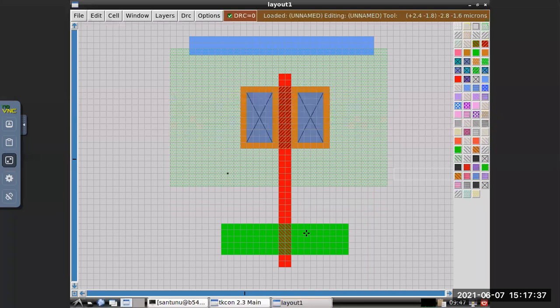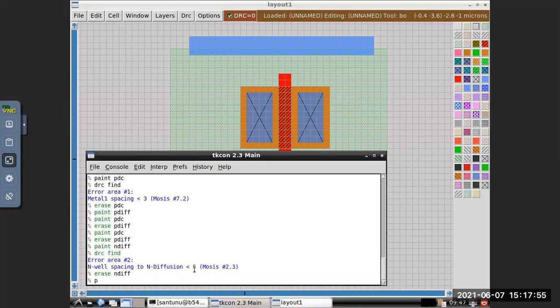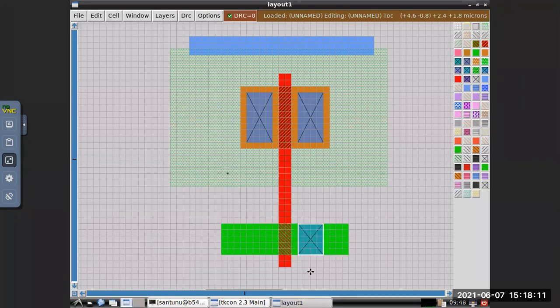Similarly, here you can make a contact 1, 2, 3, 4, 5, 6, 7, 8, NDC. Okay, so this side also you can do the same thing.